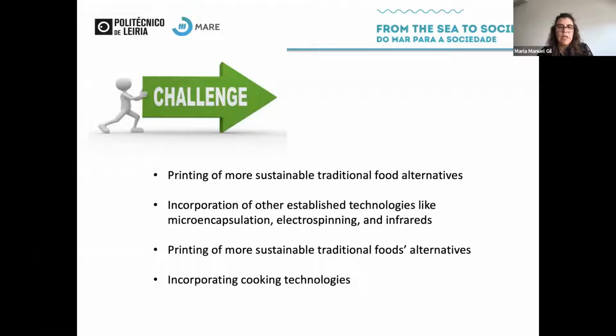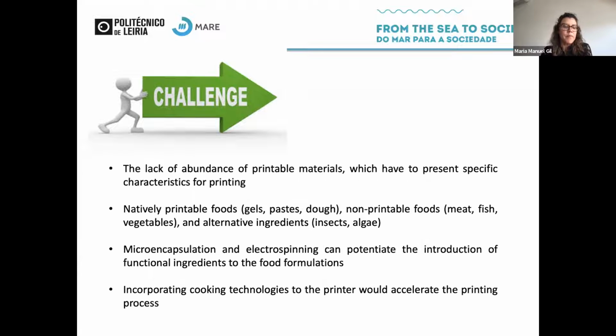And also people should be aware of this technology, but also should be aware of the sustainability of the food sector and the foods that we are eating nowadays. And we have limited printable materials,